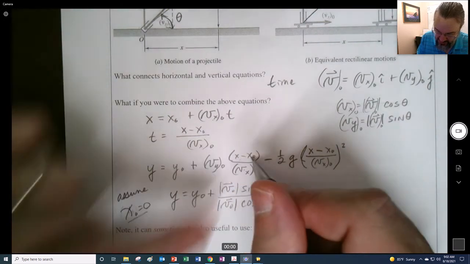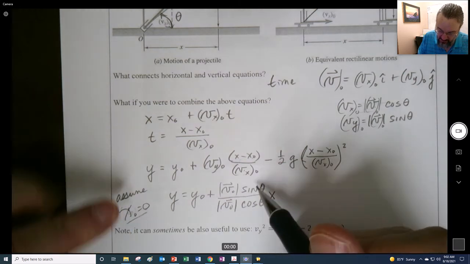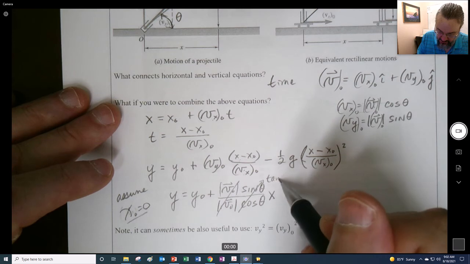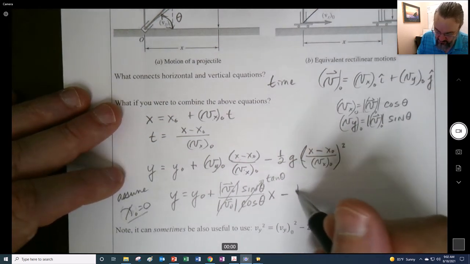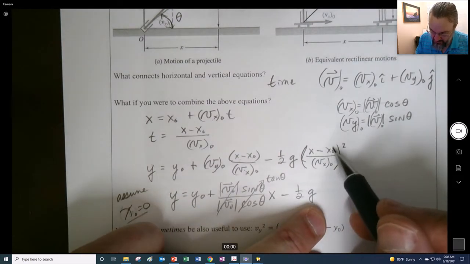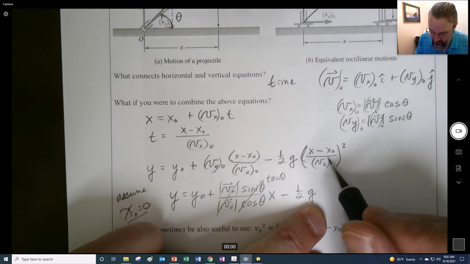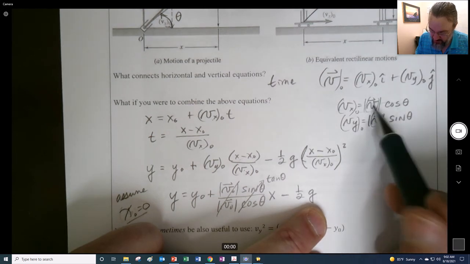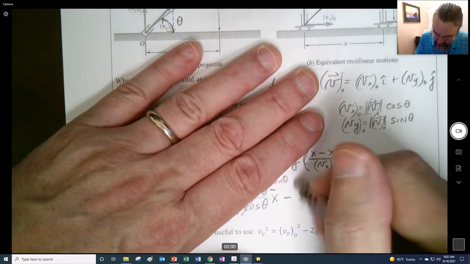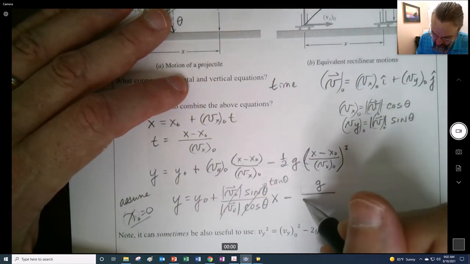And this is going to be times x, because I said assuming x naught is 0. Notably, these cancel out, and then these turn into the tangent of theta minus 1/2 g. And like I said, I'm going to take x naught as 0 right here. And I'm going to replace this with this right here. Maybe to make all of this look better, I'll go g over 2